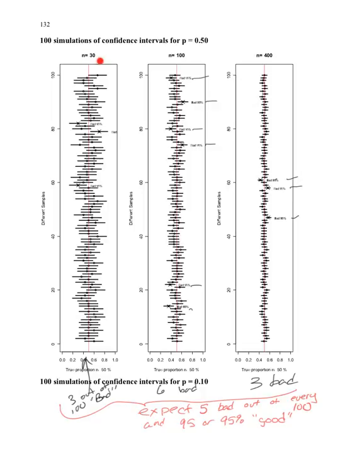For 30, we have wider intervals, and for 100, they get narrower, and for 400, they're even narrower still, especially compared to the 30. But in all cases, approximately 95% of the intervals will be good, and